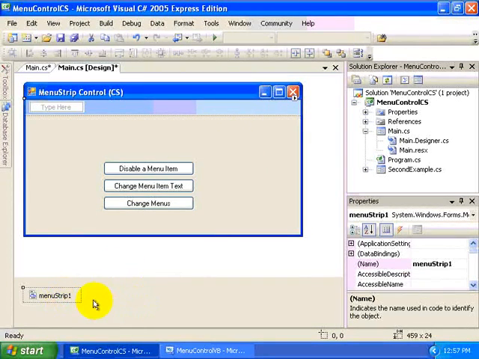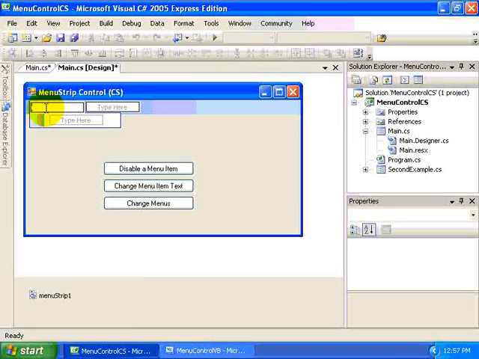There's a menu strip instance in our designer tray for our form, and then we can also have an interactive representation of the menu strip in design time here at the very top of our form, where the menu strip docks by default. So if we want to add menu items, all we need to do is start typing using our arrow keys to go either down or to the right to create sibling menu items or child